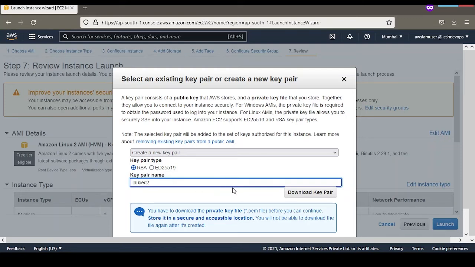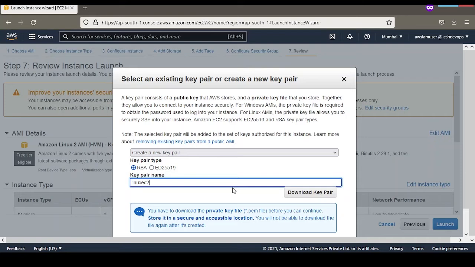So why do we need this key pair? Basically, AWS will communicate with your EC2 instance through the private key. Once you download this key, you have the private key and AWS has your public key.